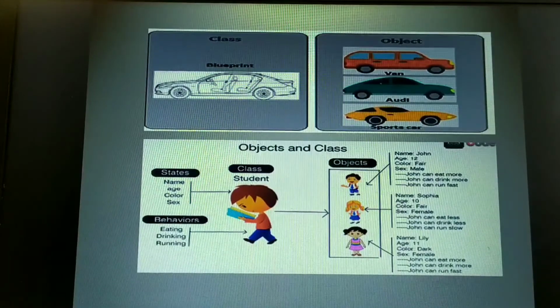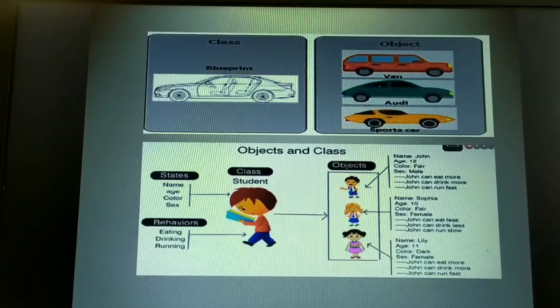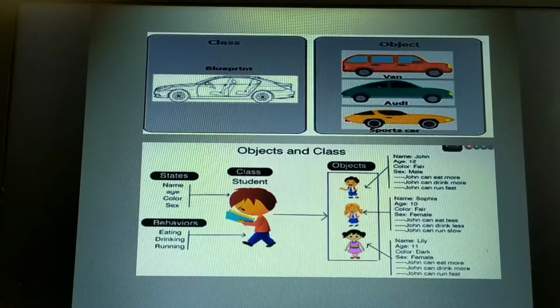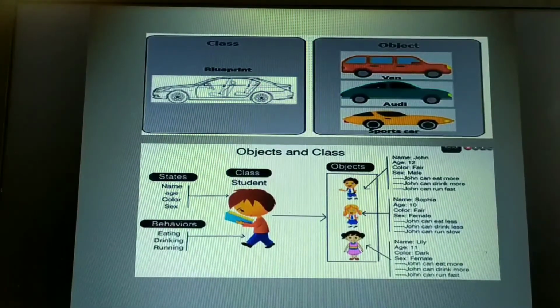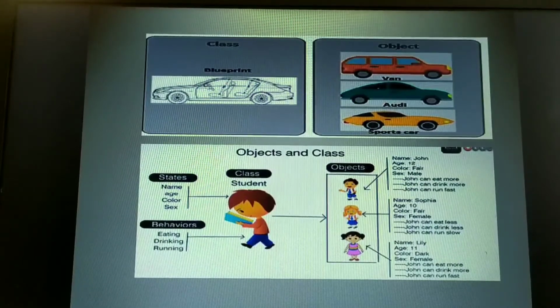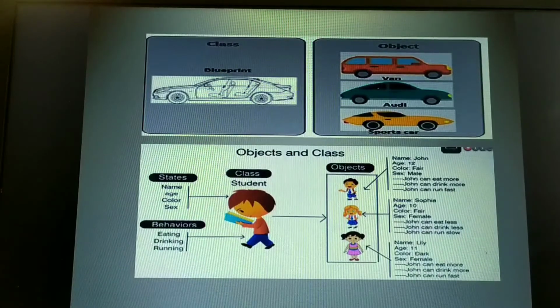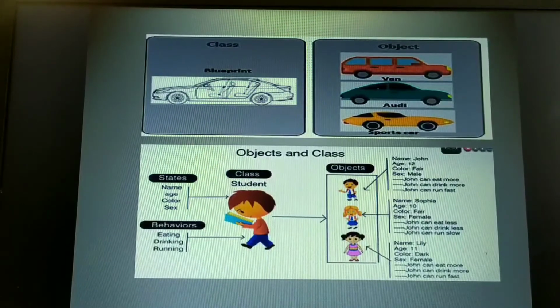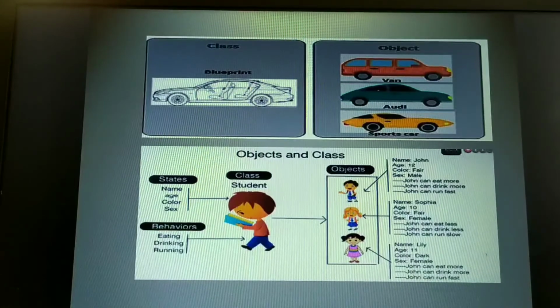But what might be the behavior? What functionality can a mobile perform? It can make calls, send and receive messages, internet connection, Bluetooth. It can have an inbuilt camera. These are the functionalities a mobile can perform. The functionality performed by a particular object, I can refer to as the behavior or the member function. Any physical characteristics like color, weight, height, model, cost and so on, I can refer to as the data members or the characteristics. At least now you are able to understand.